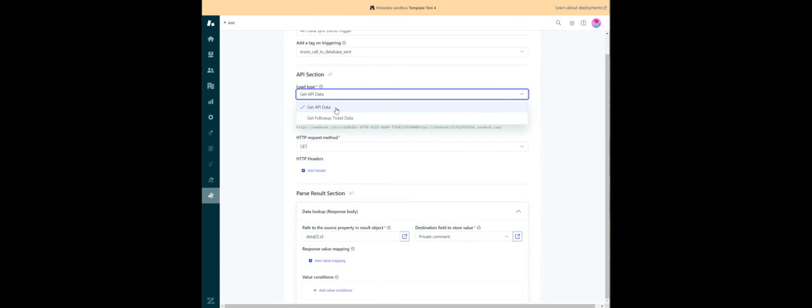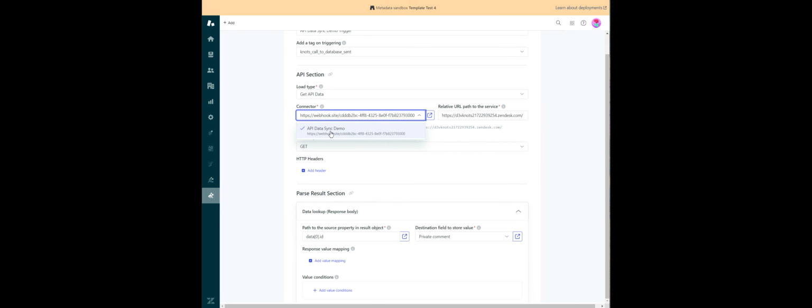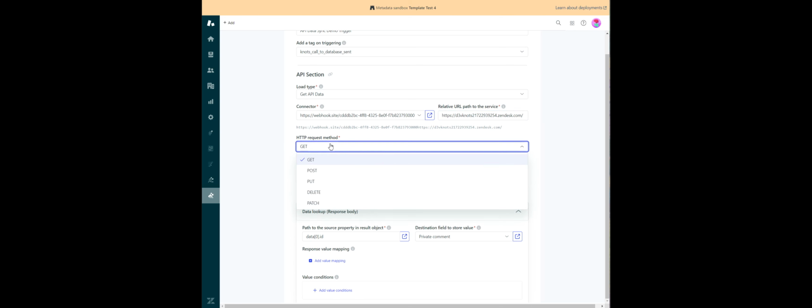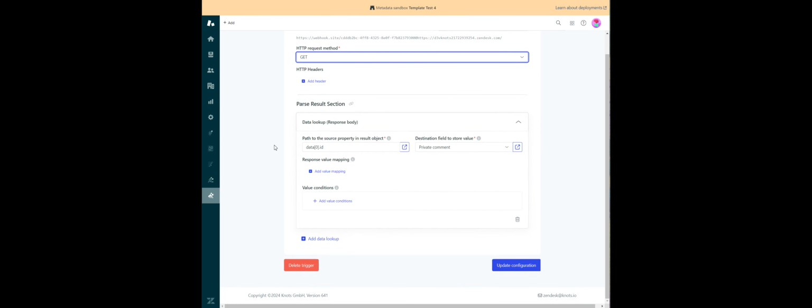What we're doing here is we're going to get API data. Again, select your connector here, and then relative URL path to the service. That's going to be whatever URL that you are on that you want to get responded back to. And in this example, it's going to be a GET. We're just trying to get some information. We're not trying to send anything or delete. And the last thing we're going to want to set up is, how do we get to